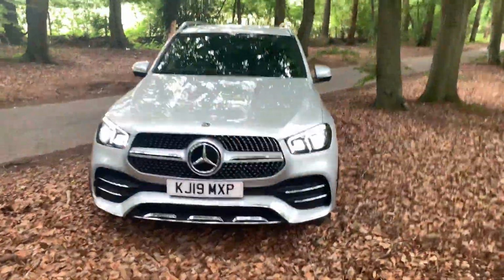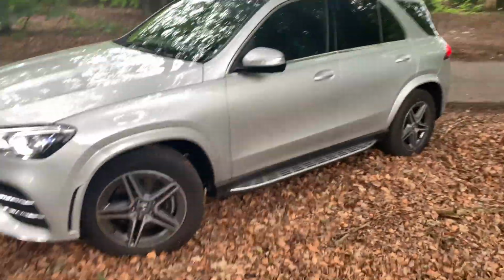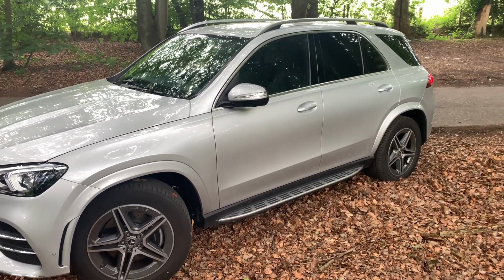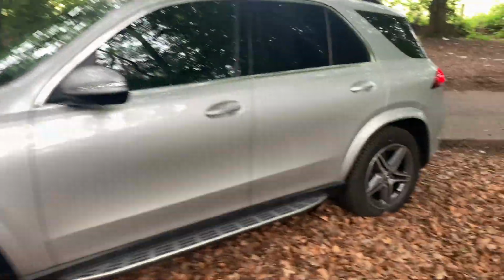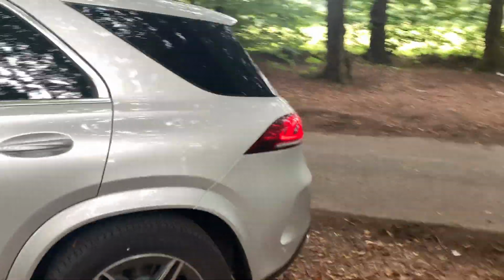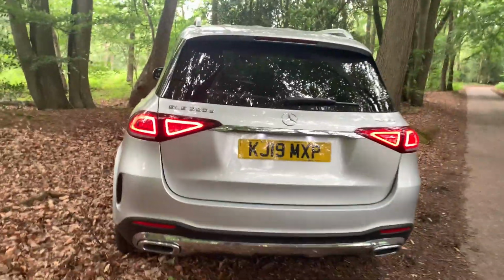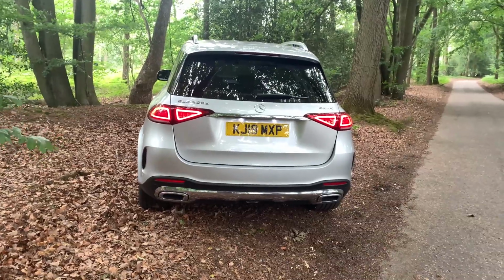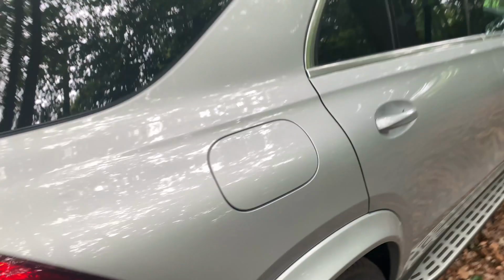The back end, I'll tell you what, the side angle as well. For those who don't know, what they've done is they have made that bigger. I think it's about 10 millimeters wider, which means you've got a hell of a lot more rear leg room. I've got to make sure I know where I'm walking so I don't fall over. The rear lights are absolutely magical. I really like them, the way the little designs are on that. If you look at the rear leg room,